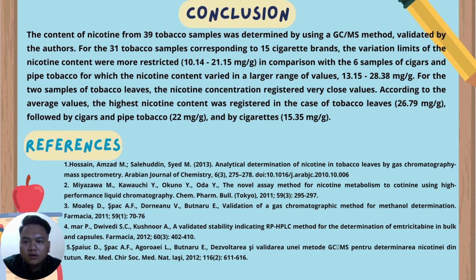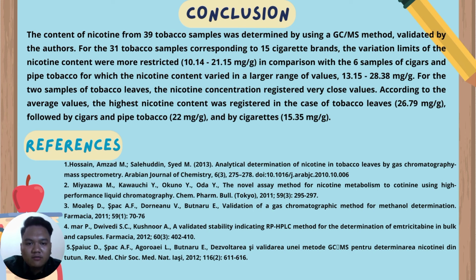In conclusion, the content of nicotine from 39 tobacco samples was determined by using a GCMS method validated by the authors. For the 31 tobacco samples corresponding to 15 cigarette brands, the variation limits of the nicotine content were more restricted, which is from 10.14 to 21.15 mg per gram. In comparison with the 6 samples of cigars and pipe tobacco, for which the nicotine content